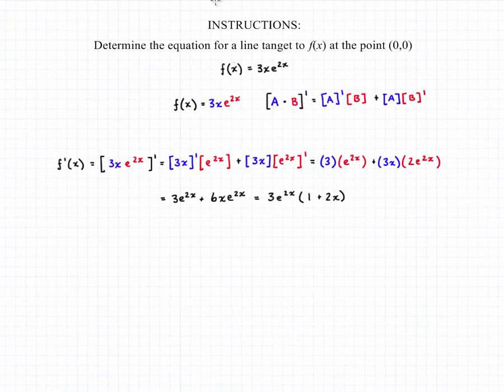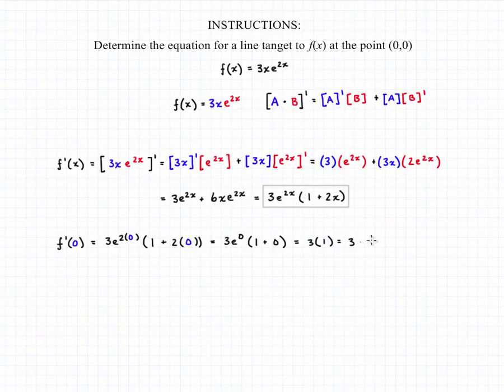Now that we have our derivative, it tells us what our slope is if we plug in a point that we are interested in. So the slope of our function at the origin, at 0, is going to be our derivative with 0 plugged in for x. And so that is going to result in 3e to the 0 times 1 plus 0. This is going to be the same thing as 3 times 1, or 3,